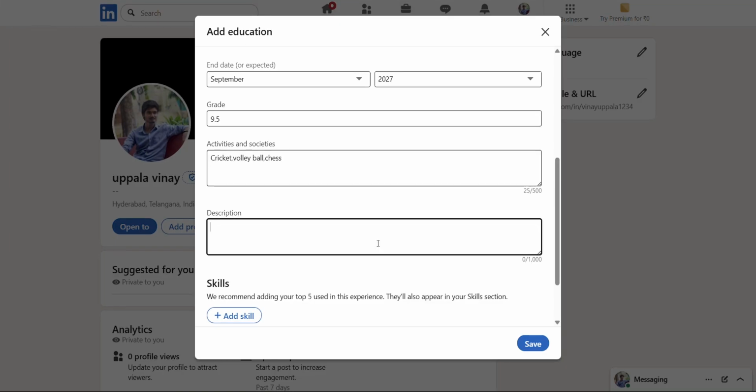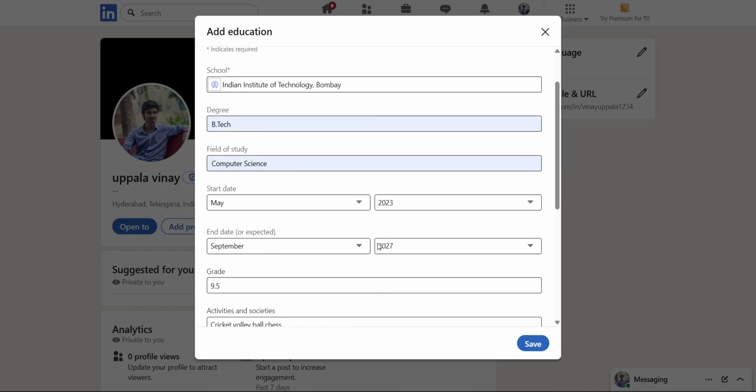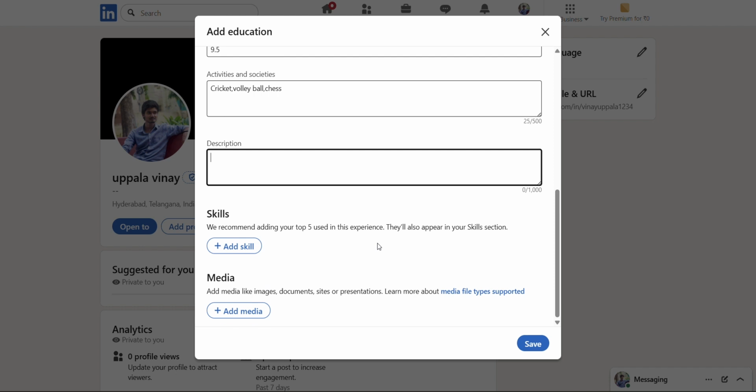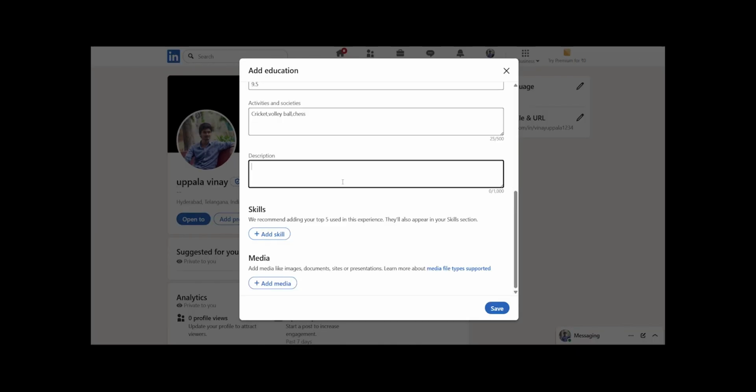And coming to description, you can mention about the college or the experience, what you have learned, and the skills that you have learned from all the college journey. Most people leave it, but I am suggesting you to add all of these details, because it will show your profile in depth, like what you did in your college and your skills. So make sure to fill all of this. And coming to skills,